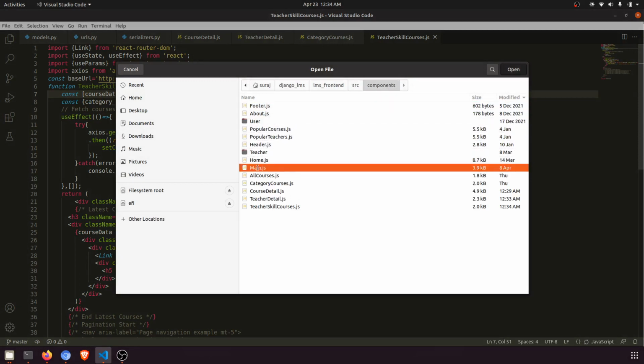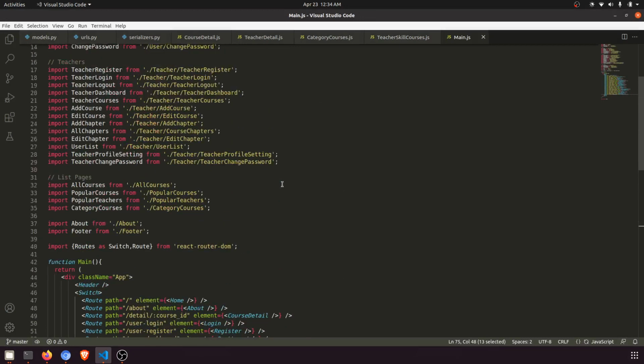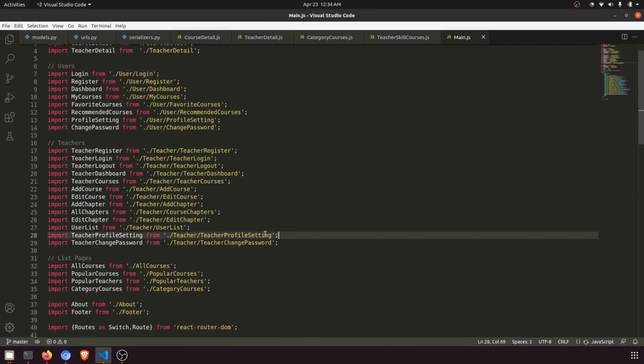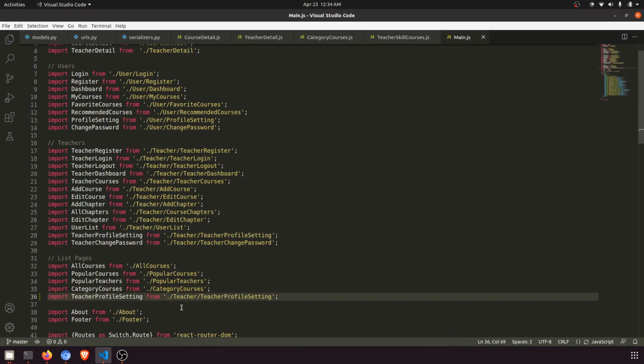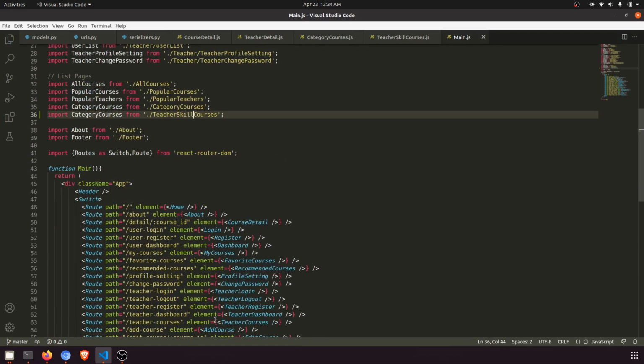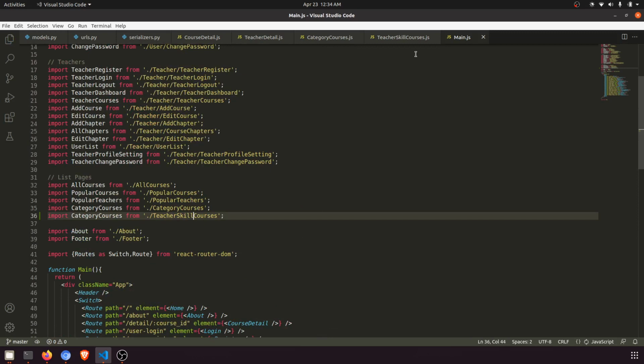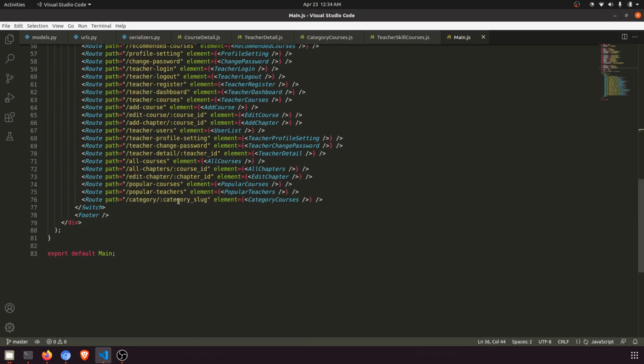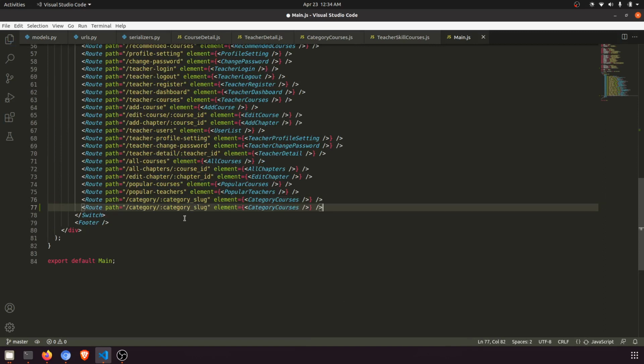Go here, the main, and we will fetch here the data category courses. Okay, we don't need from here, we need from the root. So this will be teacher skill courses, right? And from teacher skill courses, we will say here, we will say